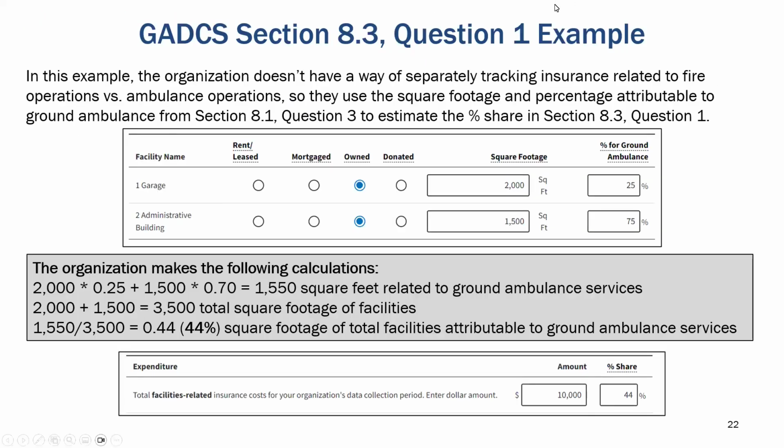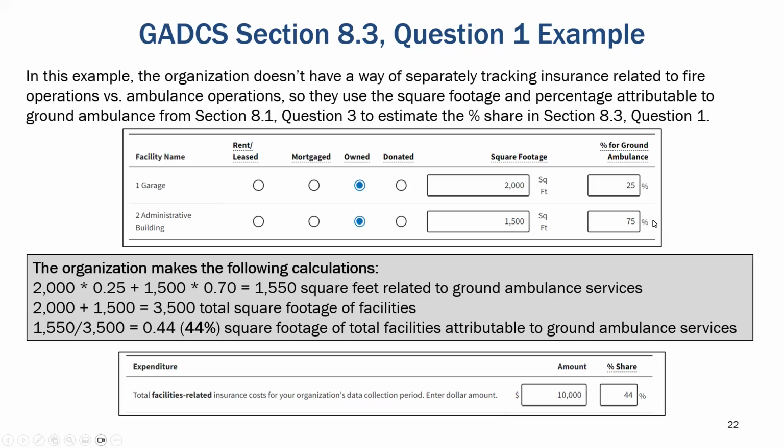So just as an example, let's say we have an organization with a garage and an administrative building, both of which are owned. The garage is 2,000 square feet. The administrative building is 1,500 square feet. And based on the space used by ambulances, let's say that the organization puts in an allocation factor of 25% here.